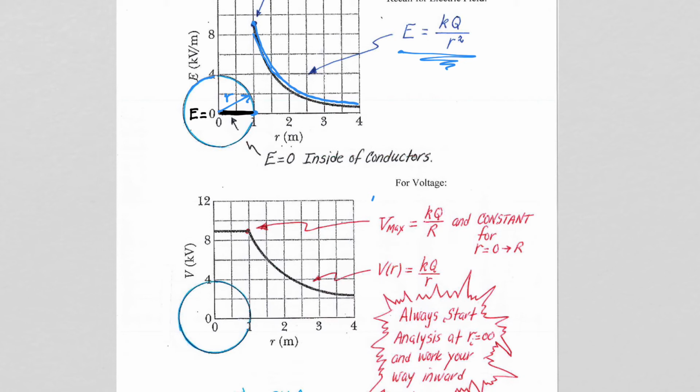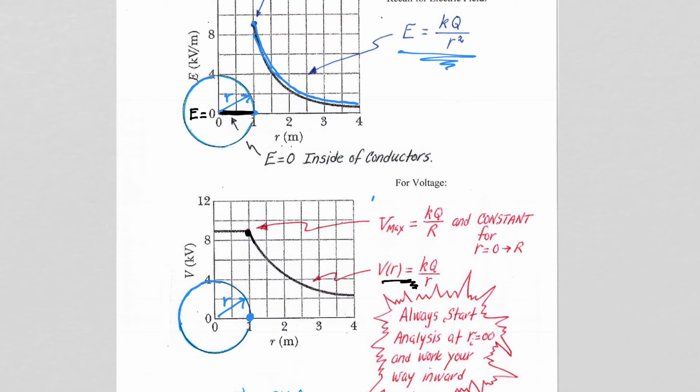Well, the reason that I put this page of notes in here is because we get a little bit of a different result for the voltage. Not just the fact that the function changes from 1 on R squared to 1 on R, which of course it does outside. So we're again looking at the spherical conductor, the radius R equals 1 meter. We see that the graph, the voltage goes as 1 on R, KQ on R for R